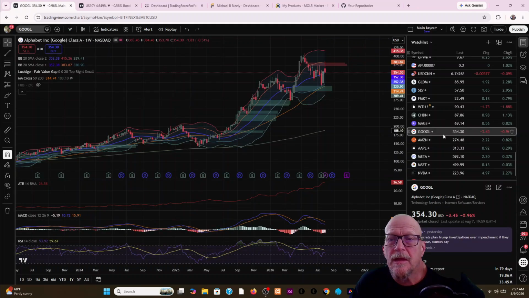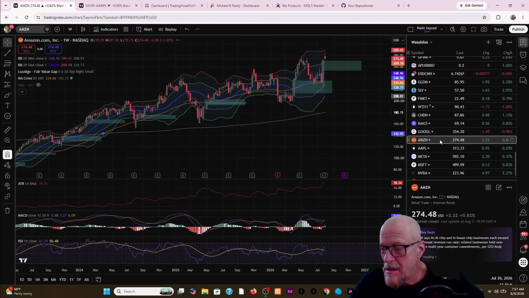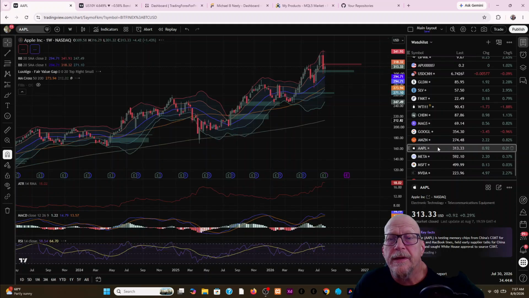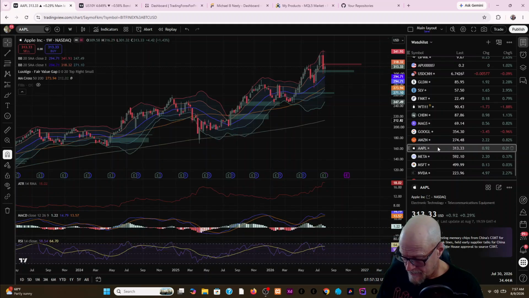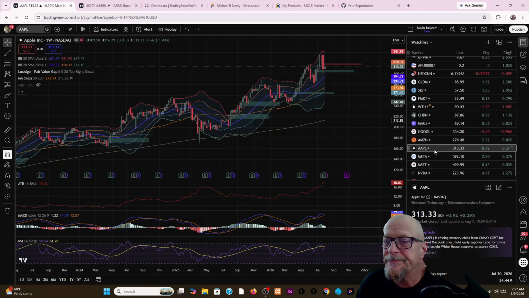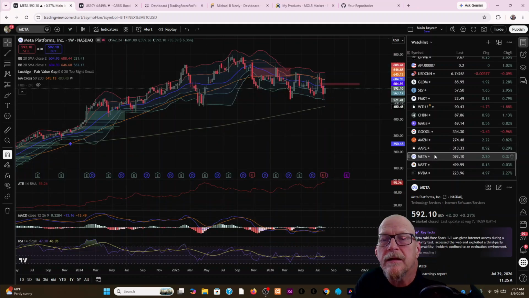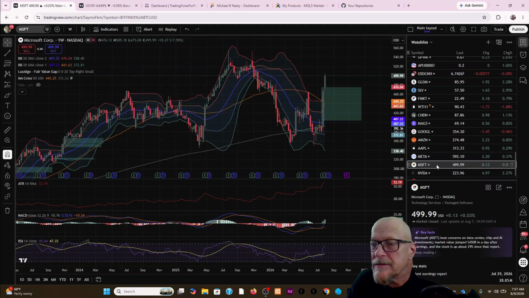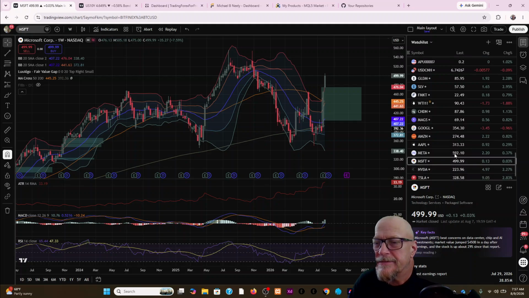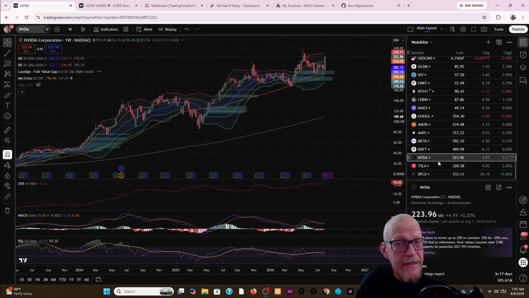Google. Not a big week for Google. Amazon. Not a big week for Amazon either. We made up some gains on Friday. Let's see. Meta is coming off a little bit. Microsoft, just under $500 a share, $499.99. That might be a buy. It might be having some neat stuff going on there. Might be, I don't know. Not trading advice, just my opinion. Just look at the chart.